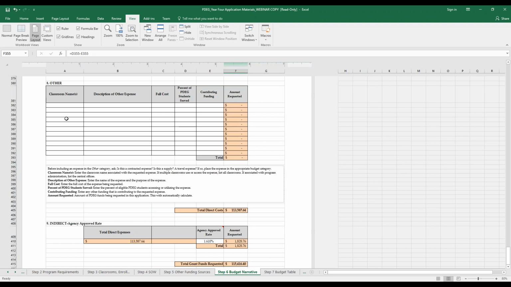And the last one is the other table. And before entering anything into this table, I would ask yourself, is this a contractual item? Is this a supply? Is this a travel expense? And then make sure it's going in the correct budget category. If you answer no to all those questions, then I would put it in this category. But even more so, if you're completely unsure, just email me and I can tell you where to put that